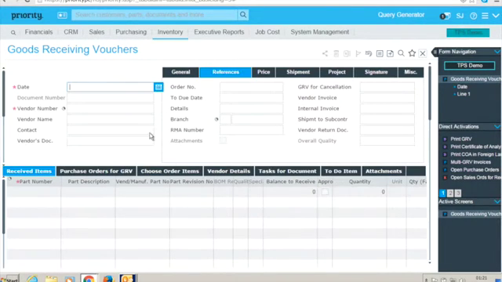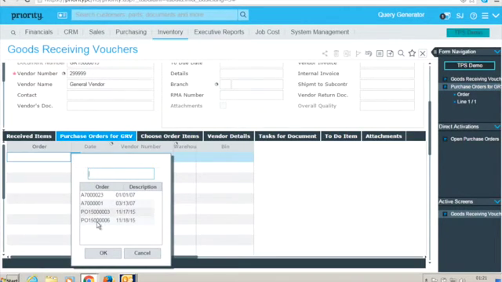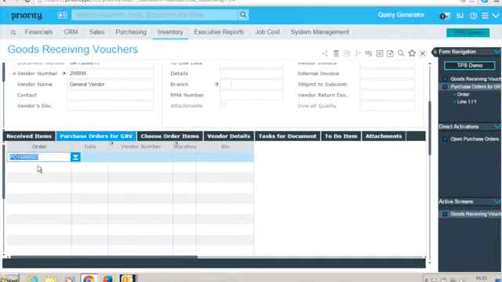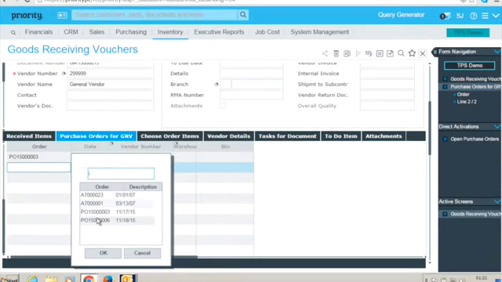So we need to go into the goods receiving vouchers, we need to define the vendor number as before, but in this case we don't define the order number, we go straight to the purchase orders for GRV subform, and we define here the multiple orders that we're looking at. So if we take the two that we've been involved in, by recording both of them here rather than one in at the top of the form,